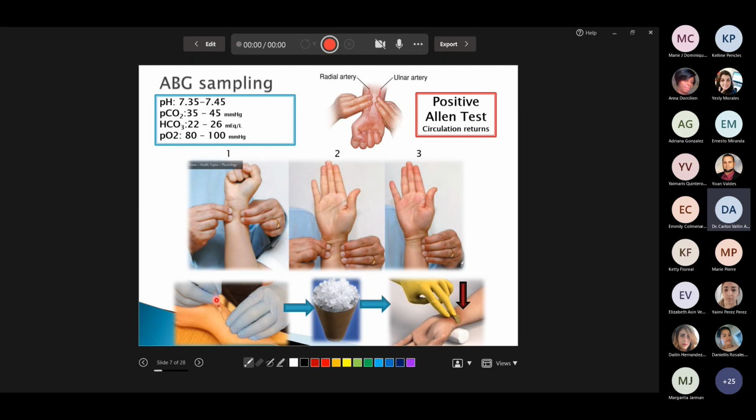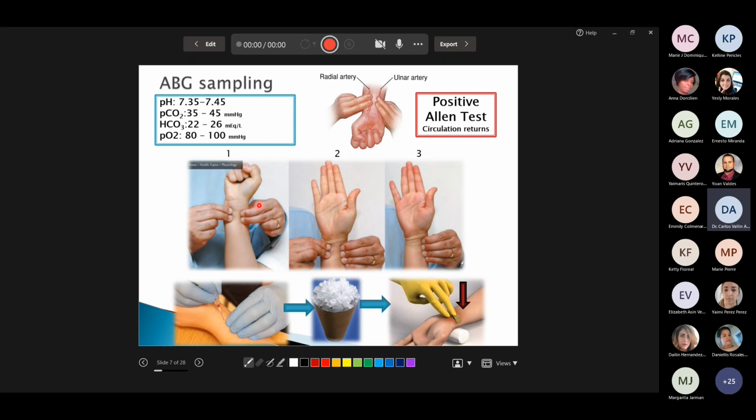To obtain the specimen, we use a very fine needle, 26 or 28 gauge, and then inject a syringe with heparin. Once you obtain the arterial blood, you need to remove any bubble of air. You leave the blood in the syringe, and you put that in ice and send it to the lab to be